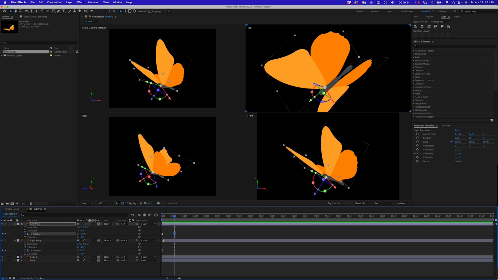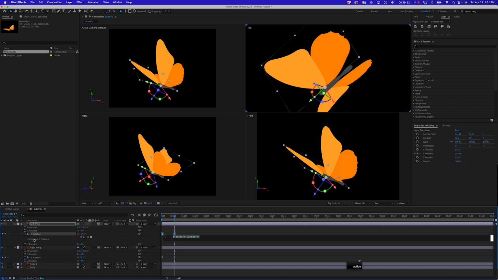I'm going to have to do these individually, but I'm going to select this keyframe and come over here to my stopwatch, hold down my Option key. And this is important because if you don't hold down the Option key, if you just click on that stopwatch, it'll erase all your keyframes. So hold down the Option key and click, and it gives you an expression window. And we want to loop this animation that we just did. So we're going